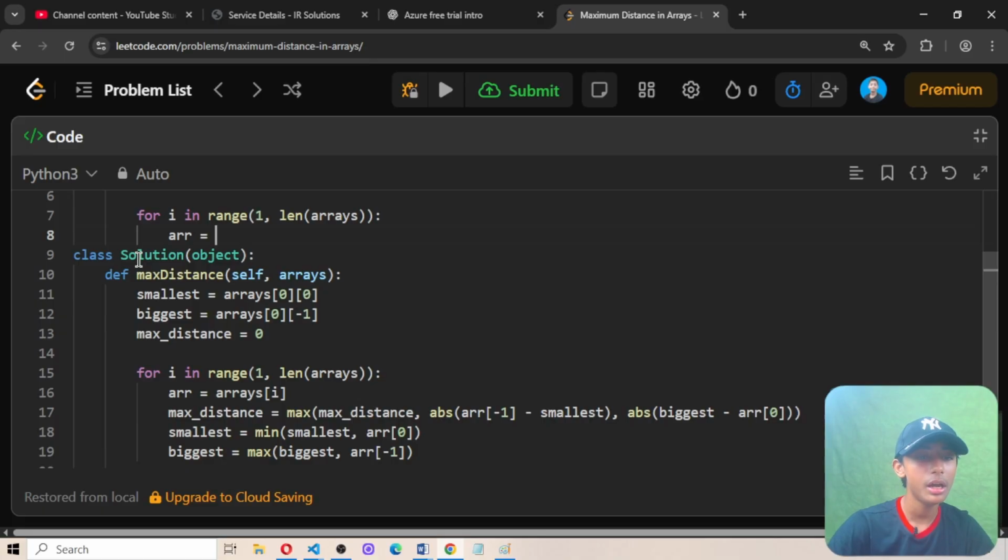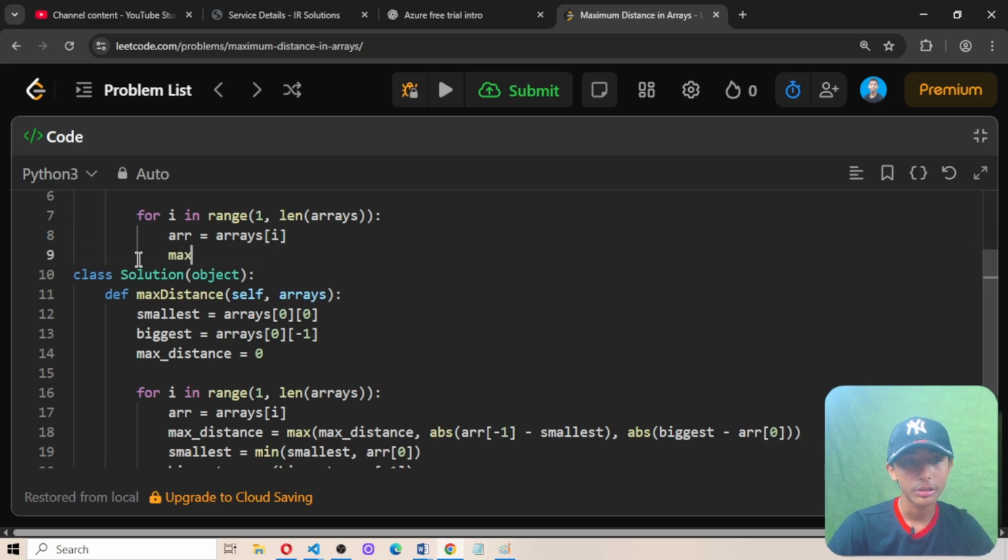Then here I define arr equals arrays[i]. The topic is based on arrays, so that's why in today's solving video we are defining arrays in most of the lines. Okay, max distance equals